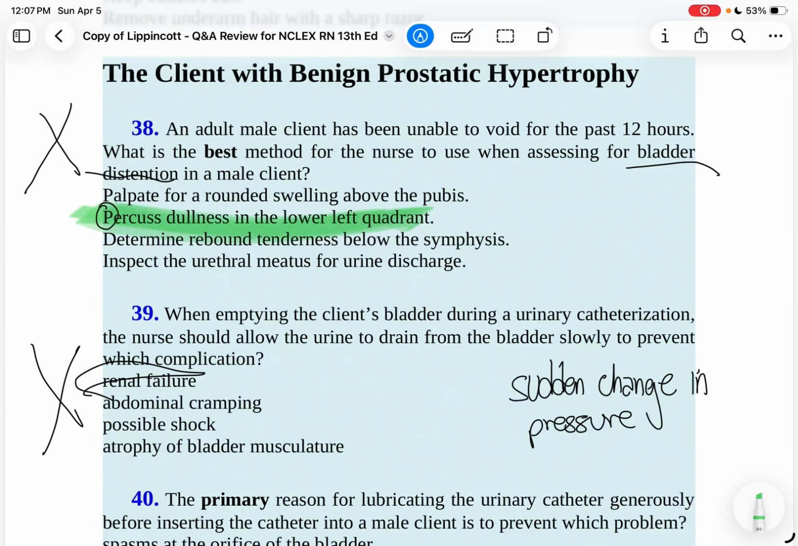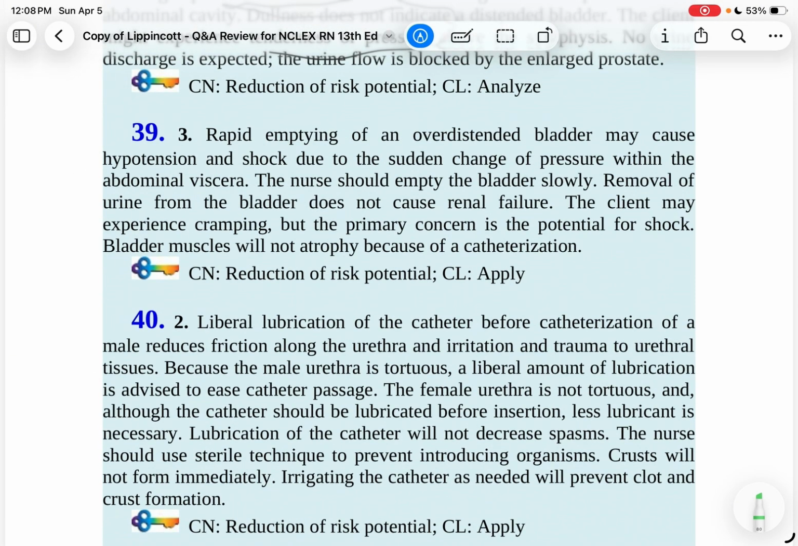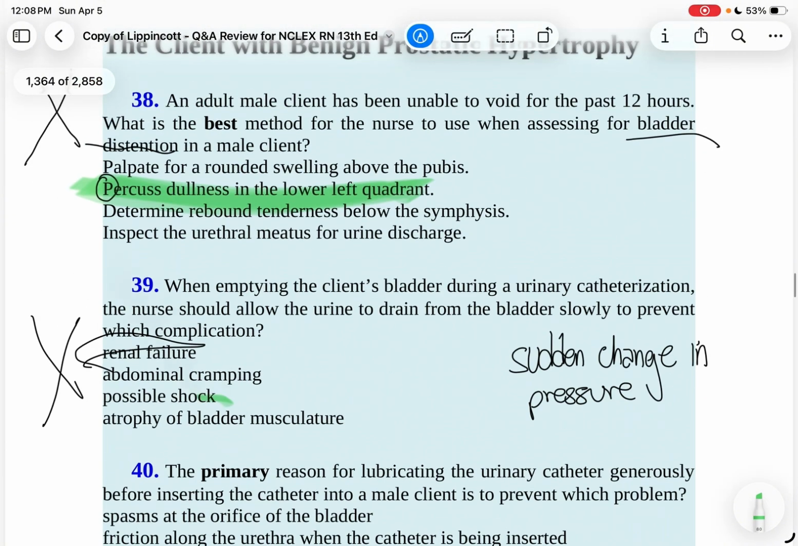When emptying the client's bladder during urinary catheterization, the nurse should allow the urine to drain from the bladder slowly to prevent which complication? The answer is a sudden change in pressure, renal failure or possible shock. The answer is sudden shock. So the nurse needs to allow the urine to drain from the bladder slowly